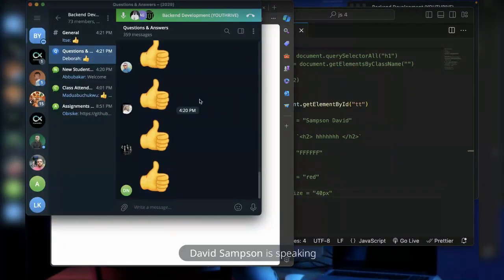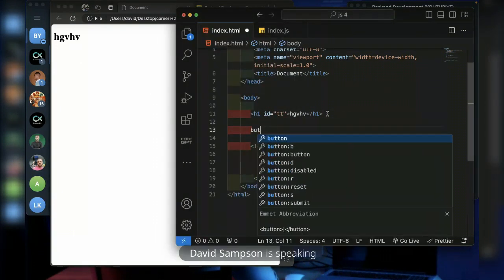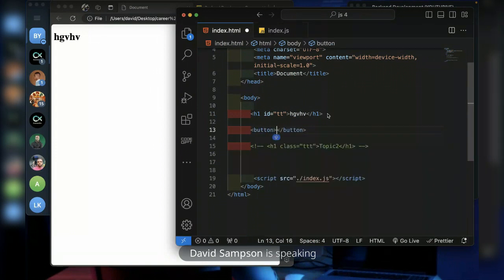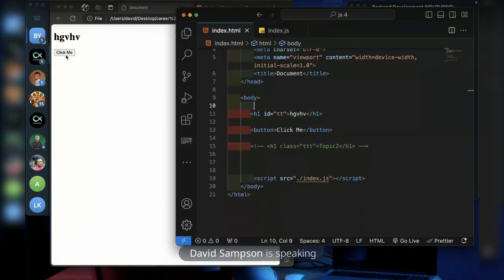All right, thank you. So what I can do is come to my HTML and remove this one. Beneath this one, I'll add a button and call it maybe "click", or click could be anyone, and save it. So I have an H1 tag here and a button here. Now you can add CSS and style it however you want. But what I want to do is, when this button is clicked, let it change the color of this tag.